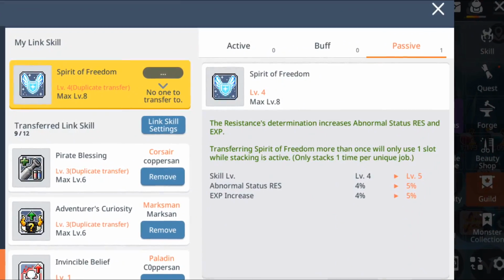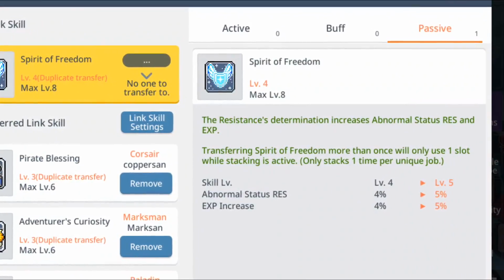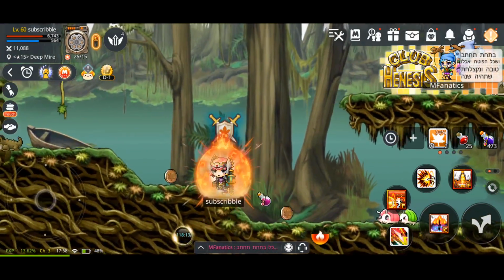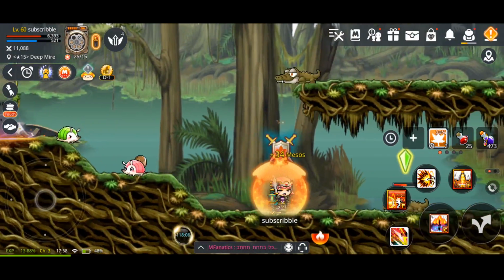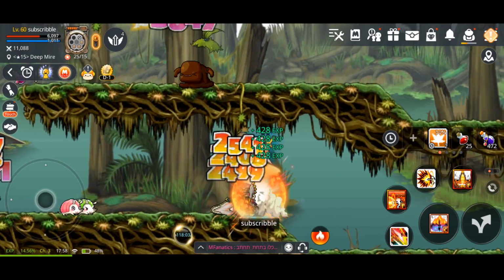Blaster's link skill is Spirit of Freedom, which will give you abnormal status resistance and increases EXP by a whopping 1%. Blaster's got some nice buffs compared to the current PC version. His mobbing skills are a lot bigger, which makes it a lot easier to be pretty efficient when it comes to auto grinding. So first things first, let's get this character to level 120 using everything that the game is